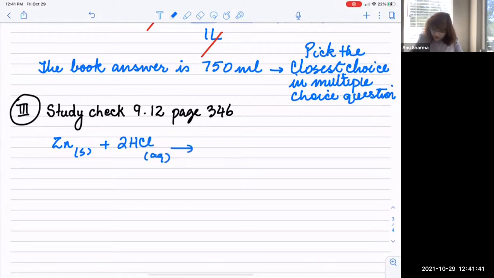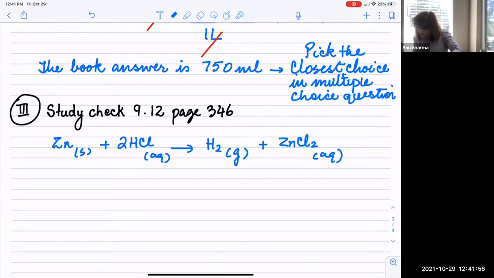That gives you H2, hydrogen as a gas, and ZnCl2, aqueous. How many grams of zinc can react with 225 milliliters